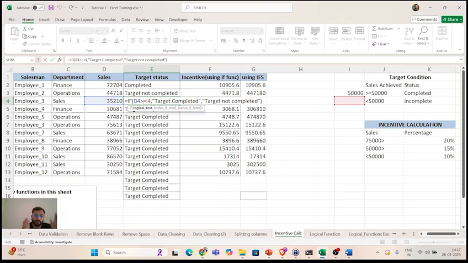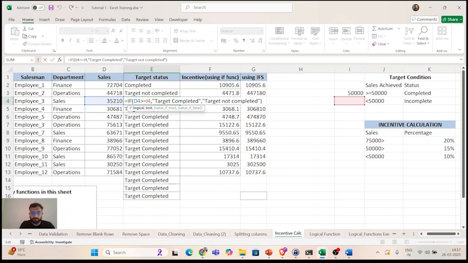So that is the case of referencing. There are two things: absolute referencing, fixed referencing. In this case, we have to use fixed referencing. See, I had to fix this I3 actually.